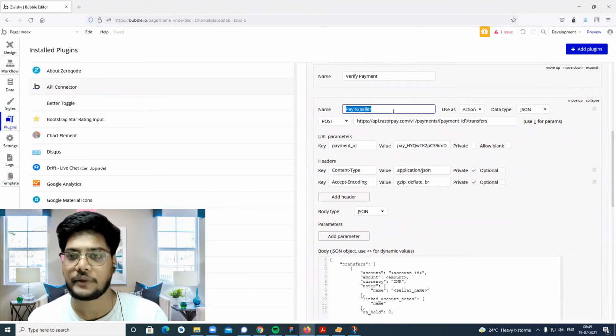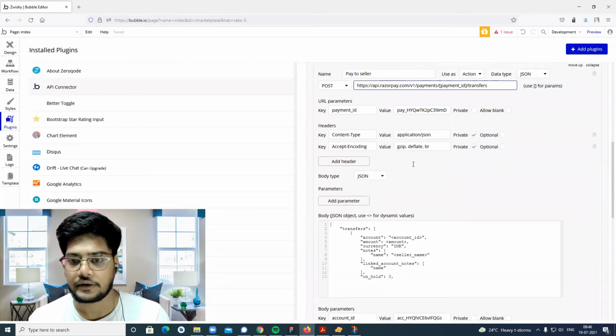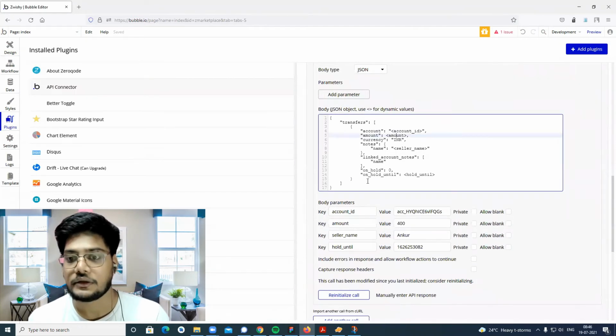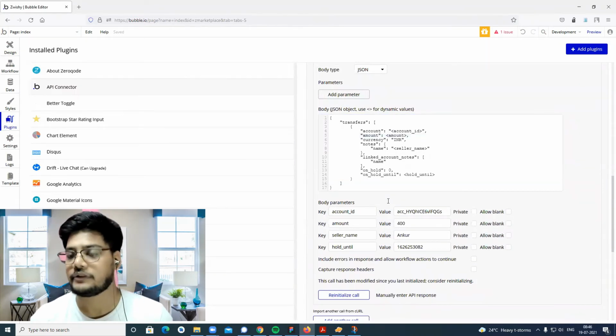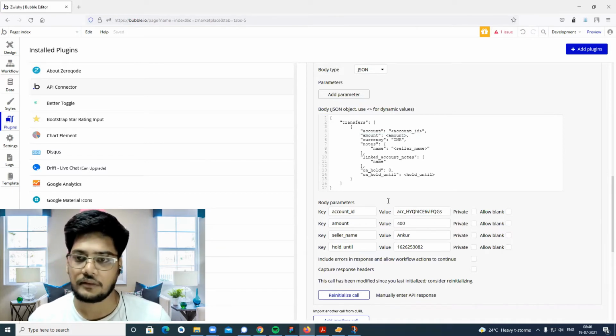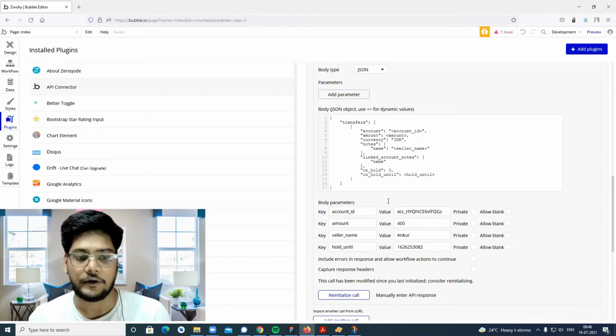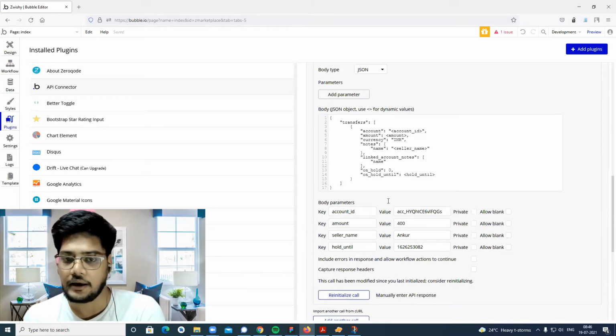Just put a name, pay to the seller, or whatever you want as the API name. This is the POST method, api.razorpay.com, this is the POST URL, and the payment ID will be dynamic. That's why I keep it in the column, payment ID. Then put a content type, and then this is the account ID. I am again saying, just copy and paste it in your Bubble, because there are a lot of errors. If you miss a single character, it will give a different error and you won't be able to debug it. That's why just copy and paste it.